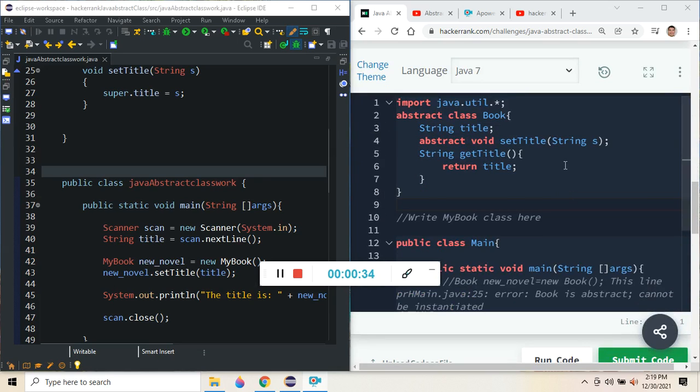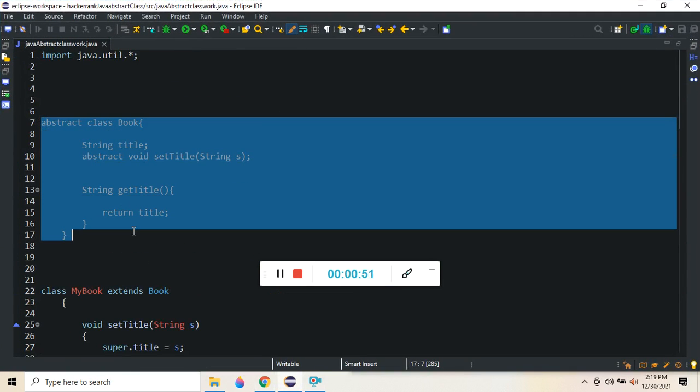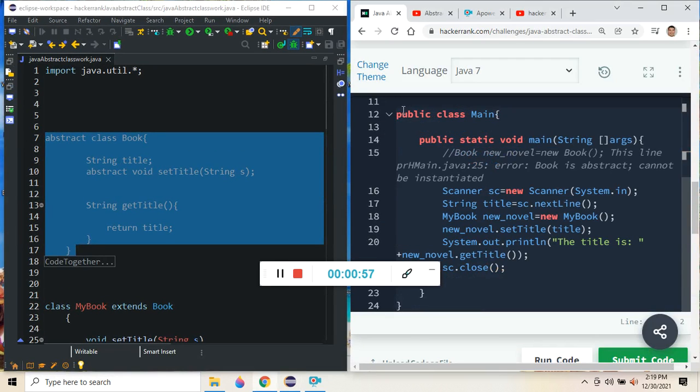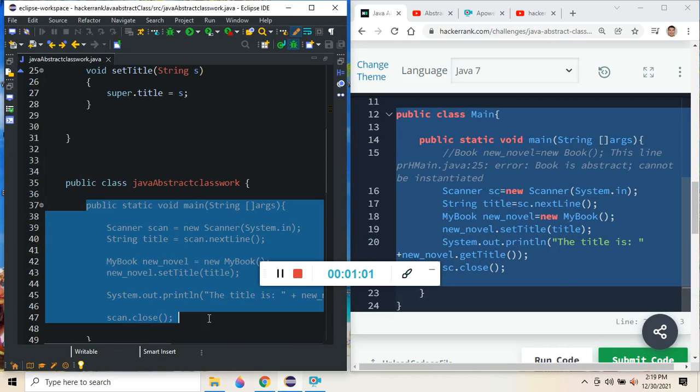So if we go down to the problem here that they gave you, the code they give you down here is in Java 7 version, and they give you the abstract class already itself right here, which is this part of my code here. So nothing's really changed there, and also they give you this main here, which is what I have for my main here. The only thing that changed